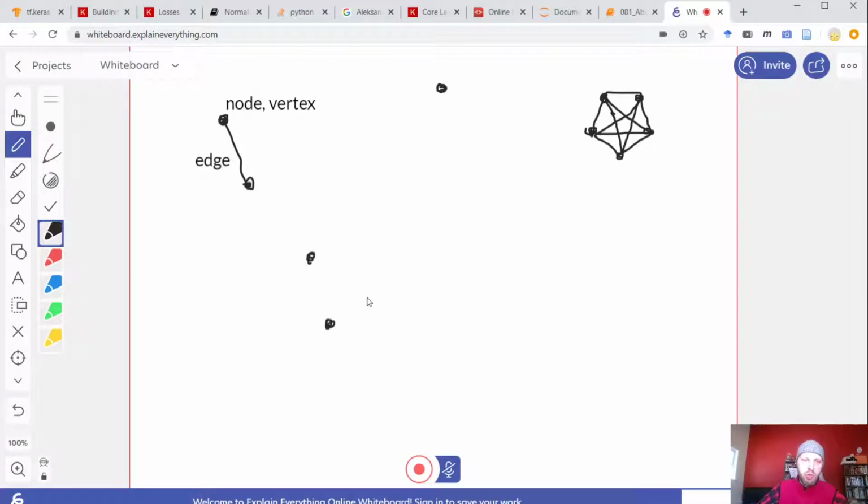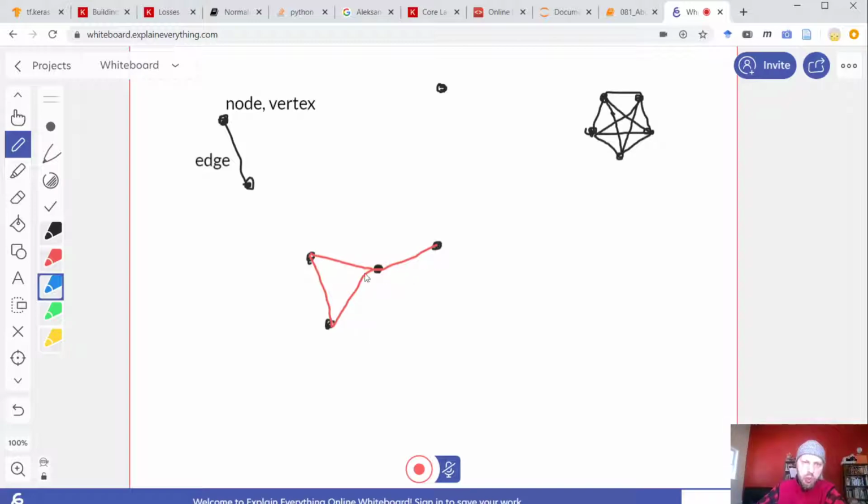So let's draw some graph that's kind of small but fun. This is small but fun. Let me use a different color for edges to make it more fun. So here's a graph. It has 4 nodes, it has 4 edges, and if you look at it, it's more interesting because it has some diversity.